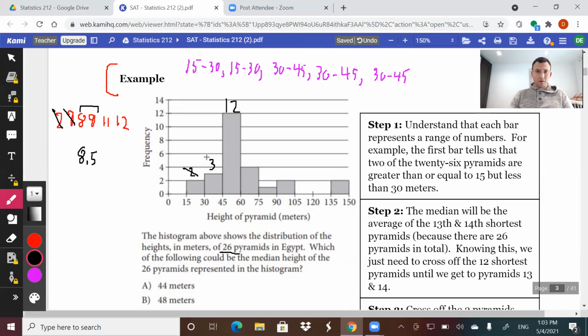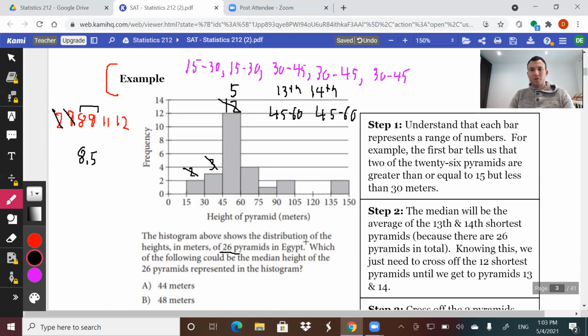So this gets us away 5 from the bottom, right? So then we need to get another 7 from the bottom to get to the 13th. So we cross off 7 of these, which leaves us 5 of these. So our 13th and our 14th term are going to be between 45 and